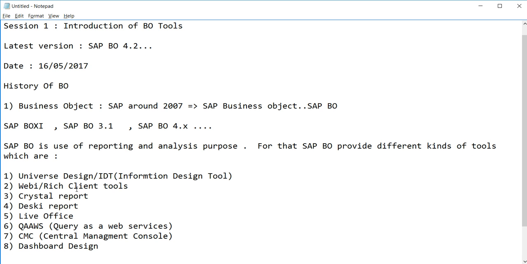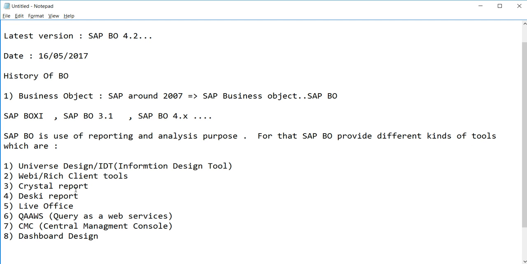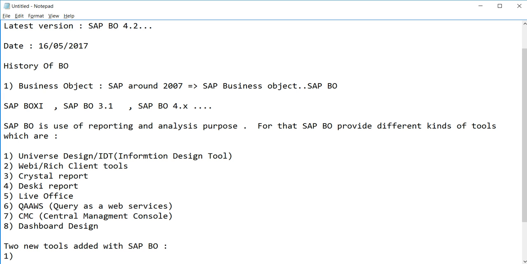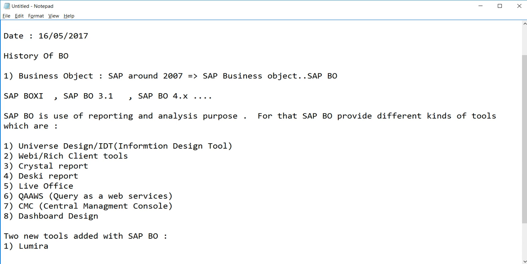Now two new tools have been added to SAP BO, which come with SAP BO 4.0 and above. Earlier they were not there, but now we are using the new tools: the first one is Lumira, and the second one is Design Studio.